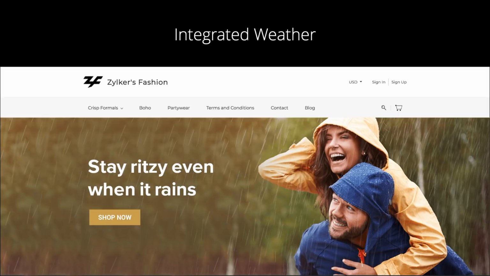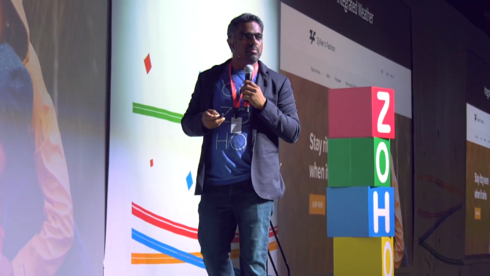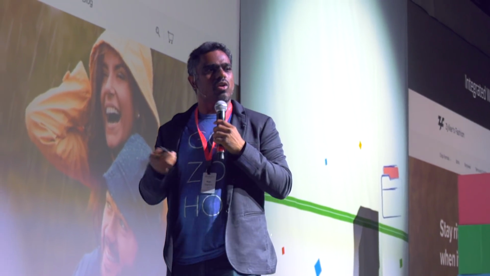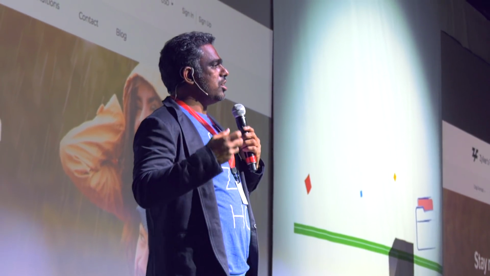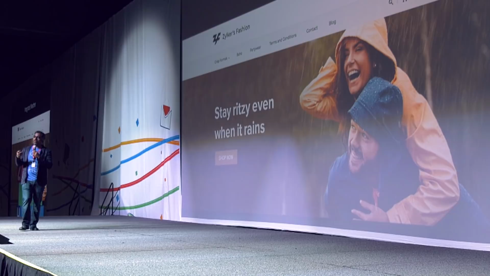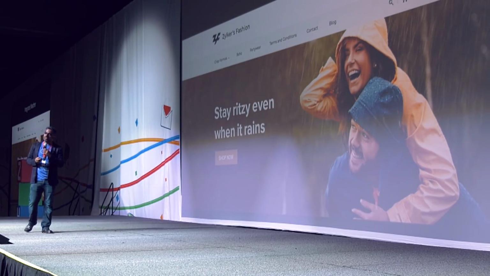So the personalization can be applied based on the weather data, based on the backend data, or based on customers' historical activity or whatnot. So the entire e-commerce site can be customized based on various parameters, and you can provide a personalized experience to your customers.